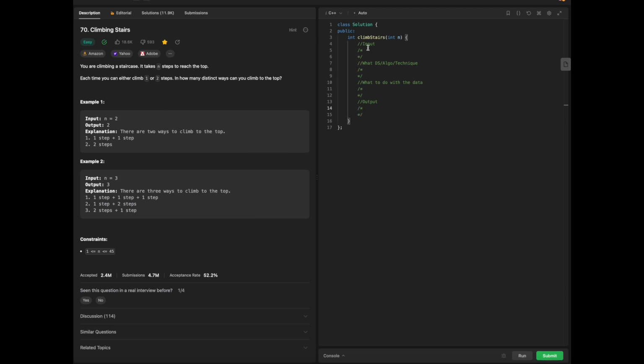you are climbing a staircase. It takes n steps to reach the top. Each time you climb 1 or 2 steps. In how many distinct ways can you climb to the top? So we are given the number of stairs, which is our integer, and then we need to return exactly how many distinct ways you can climb to